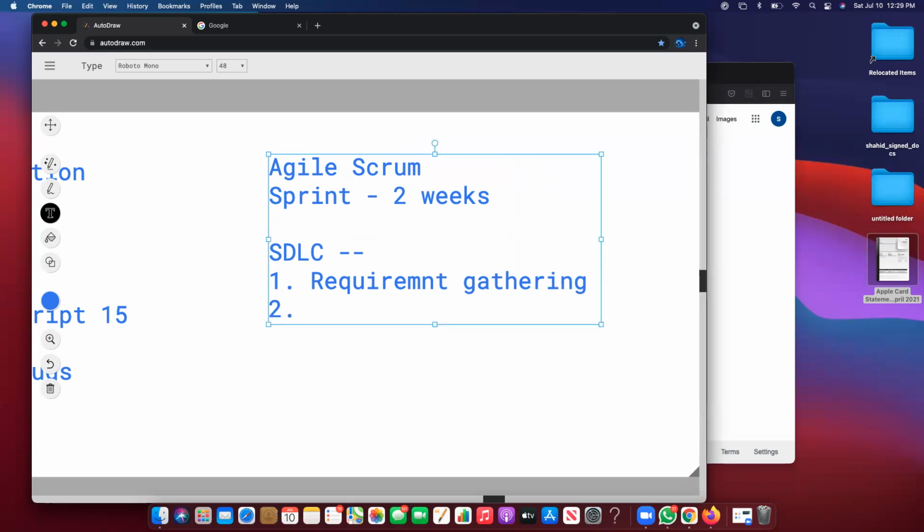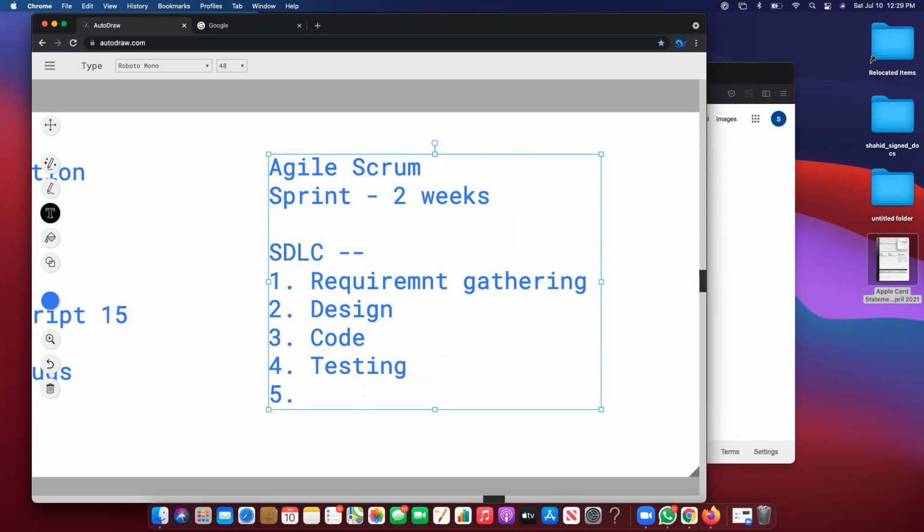Number two, and so on. If they have to do all of these steps and they want to go for a release, which will be ready to ship so the customer can use it after that,